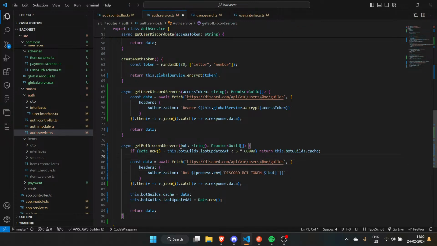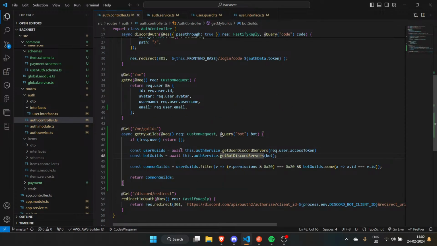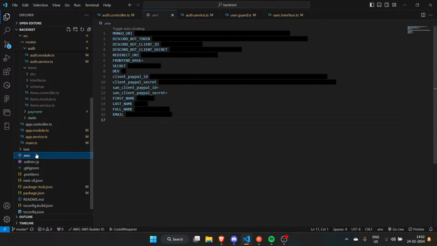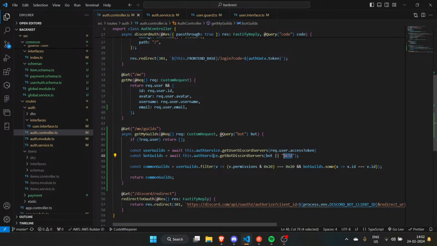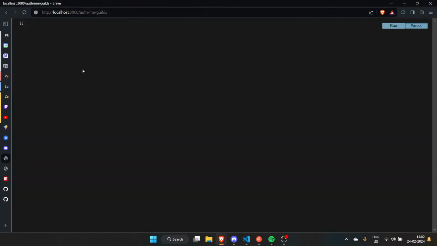So by default, what should I make it? I should make it like beta, right? And then in the dot env, I just go to this underscore beta. That's nice. So we have the stuff ready. We might need one for BB, that will be button bot. And that's interesting. Let's reload this page.